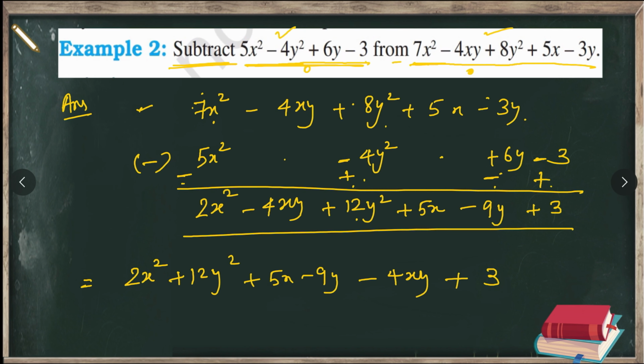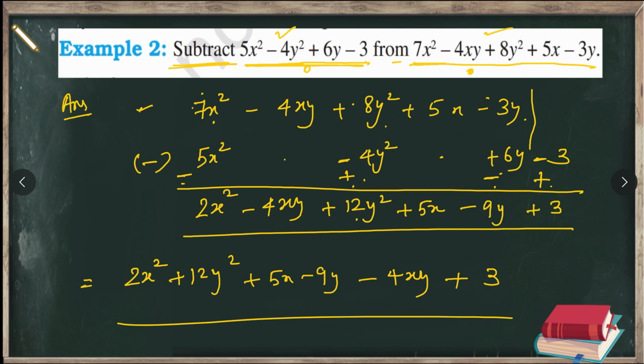I hope you have understood how to subtract or add algebraic expressions. The only thing you have to keep in mind is that you will write the like terms one below the other and unlike terms after the end of the previous terms. Since we had the terms written only till here and we had this extra minus 3, we have written this minus 3 after all the terms. So simply you have to remember that you have to write the like terms one below the other.